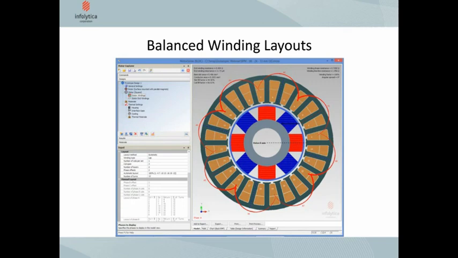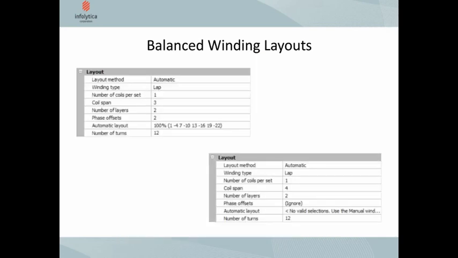And I've underscored a couple of examples for you. On the top left, you can see here that the software has determined that there is an automatic layout that's possible, which gives us a balanced winding. Furthermore, on the bottom right here, I have an additional layout which clearly states that we couldn't find a valid layout for a balanced winding. So utilizing this technology,